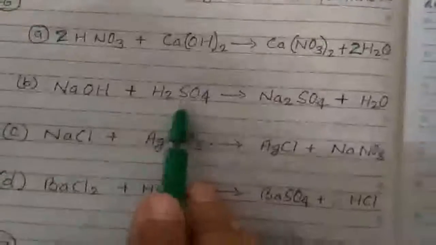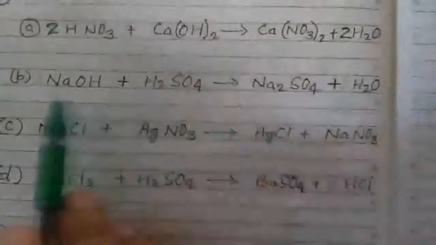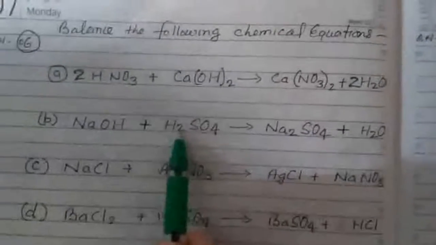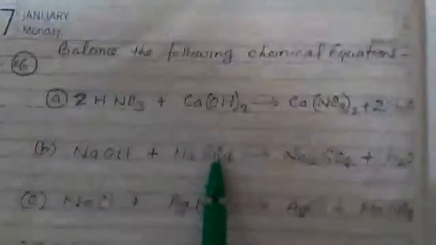Okay? Sodium hydroxide, sulfuric acid, sodium sulfate, water. I think you have no problem writing the molecular formula. Sodium is monovalent, hydroxide is monovalent, so 1 cancels, and we write NaOH. Here H2SO4, why is H2SO4 written? Because the sulfate has 2 valency, hydrogen has 1. So 1 we write, 1 is not written. And the sulfate valency is written below the hydrogen, so H2SO4 will be written.